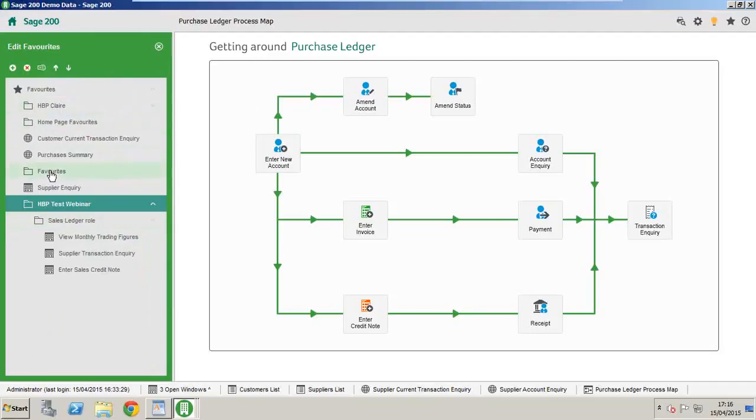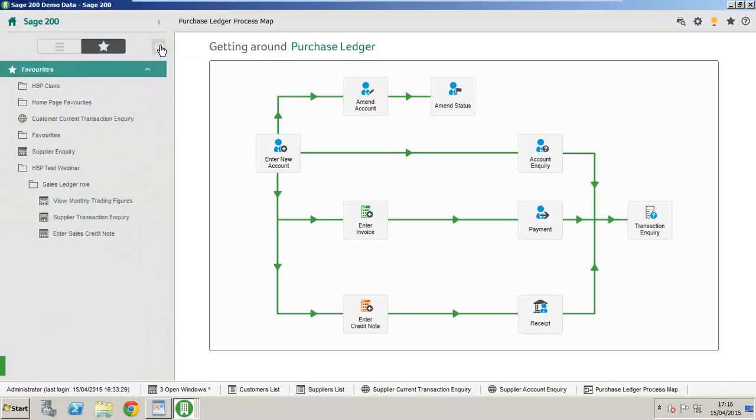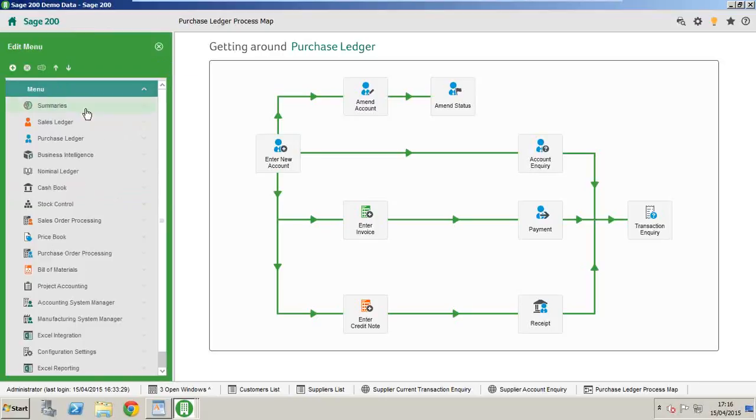Another thing I can do is start deleting things out if I don't want them in there. So that can quite easily be removed from favorites. If I just come out of favorites and go back into my menu, what the system's going to allow me to do at this point, if I go in and edit this menu,